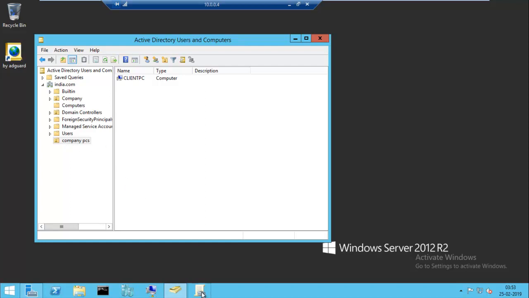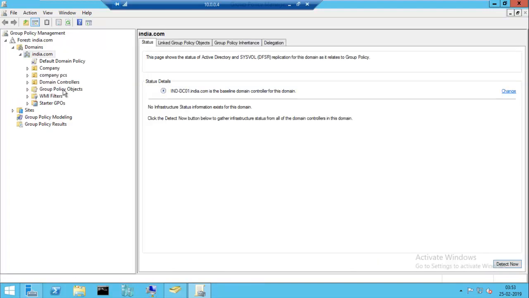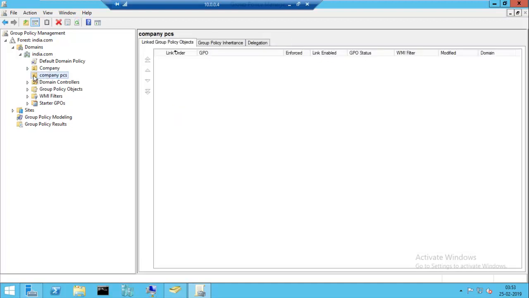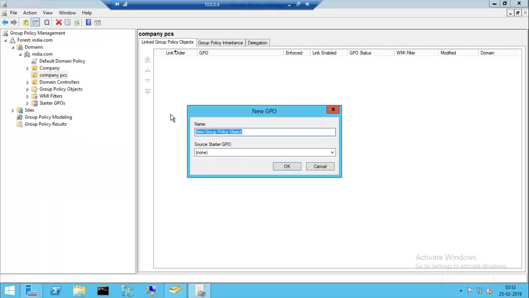So let's go to the group policy, and here I can find, let me refresh it, and we can find the company PC here. Just right click and create a new group policy. Create a new policy and link it here, like blocking websites etc. Okay,